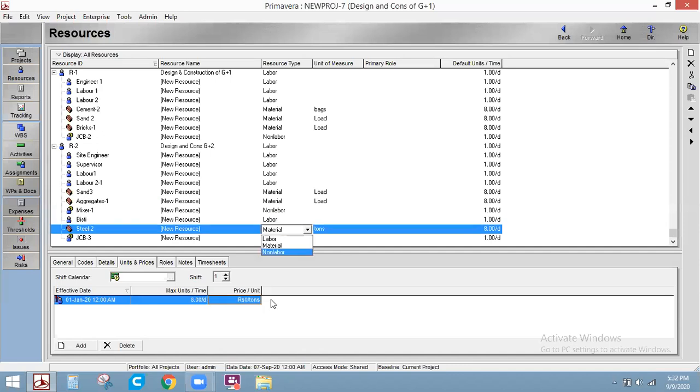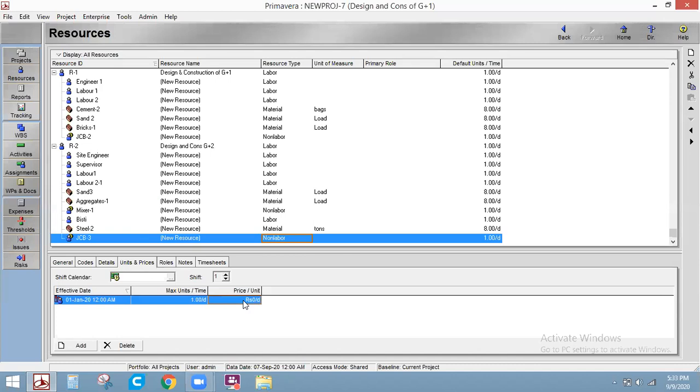Steel, how much for a ton? It's 40,000 rupees per ton, approximate. JCB is around 7,000 rupees per day. Got it? We have assigned the price also.